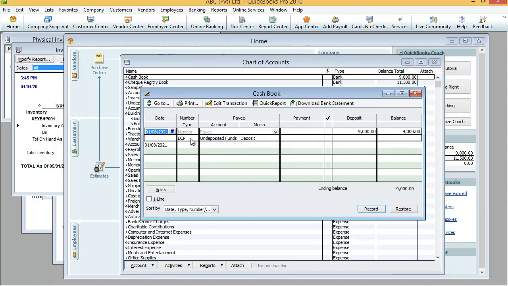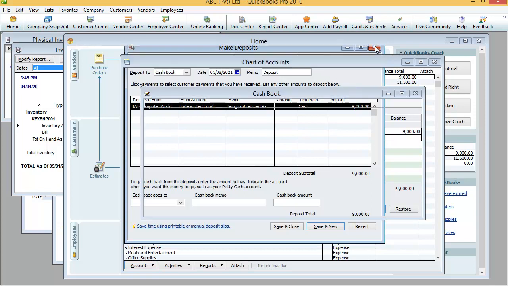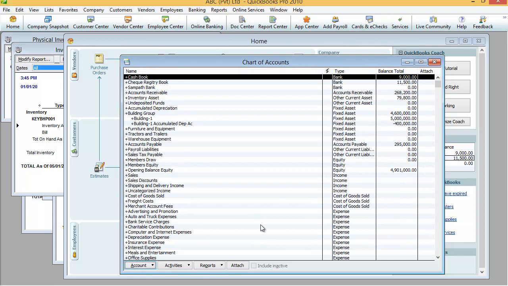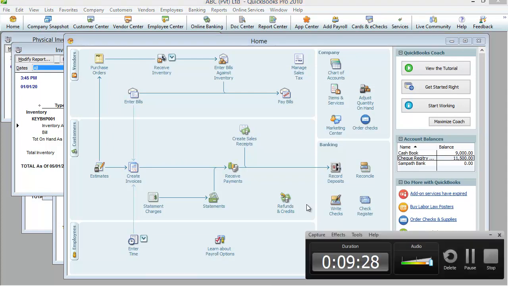You can even double click these records. If you double click this, it will automatically direct you to the make deposit transaction. So this is the way you can post the entry for collections from the customer, via cash or check.